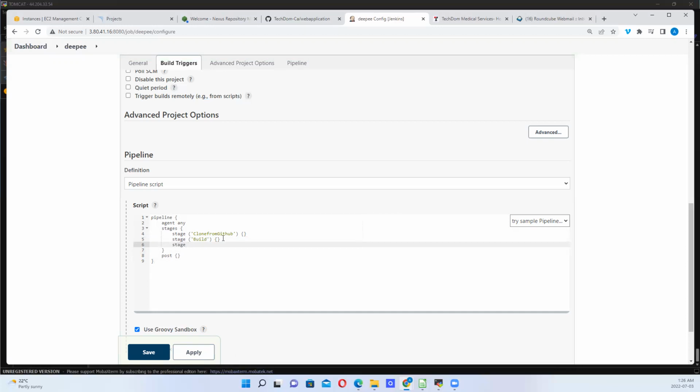the code quality analysis. Open the brackets. Code quality analysis. We want to open and close the curly bracket. We want to go to the next stage, which is